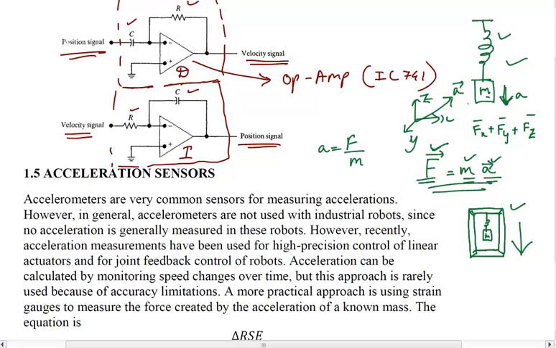So if you have such a setup wherein by looking at the spring you get to know the force experienced by the pull of this mass because of this acceleration, you will be able to find the acceleration by simply taking F divided by m, and as I said, the direction will be directly given by F. This is the same thing that is there even in your mobile phones. But now the sensor is very small. In the initial days it used to be big, now it's very small.